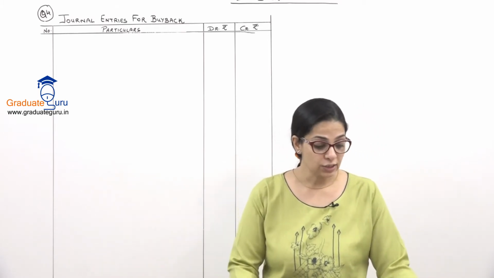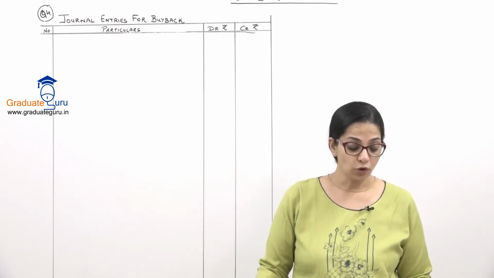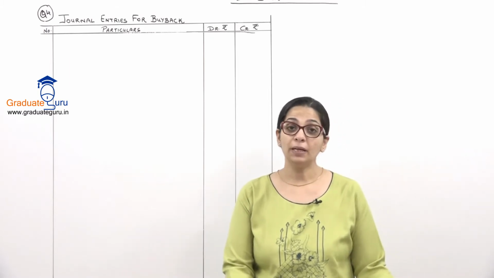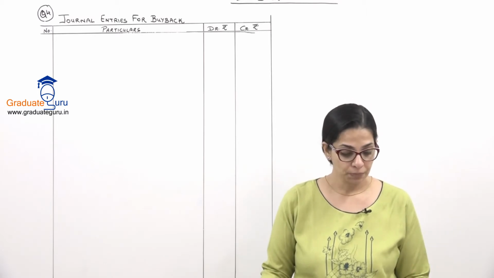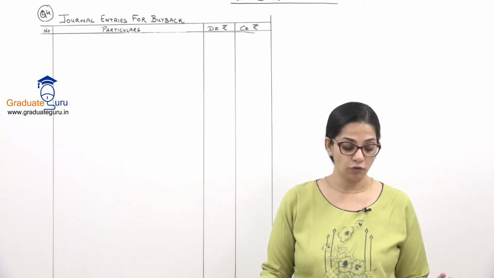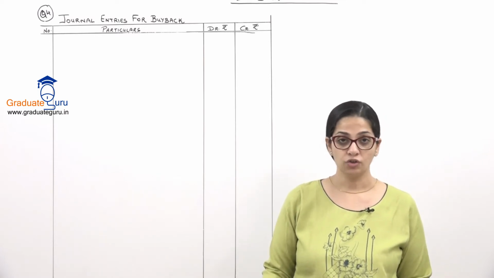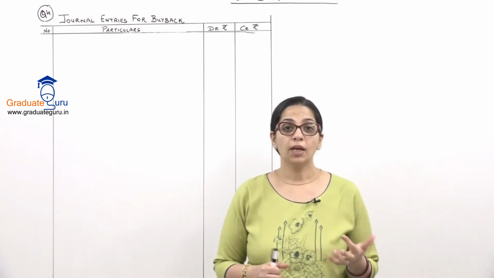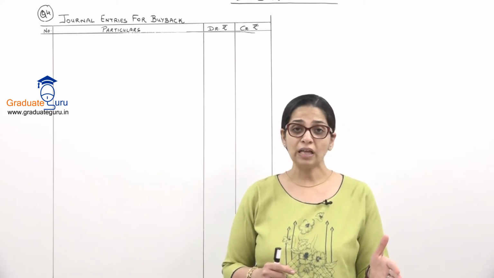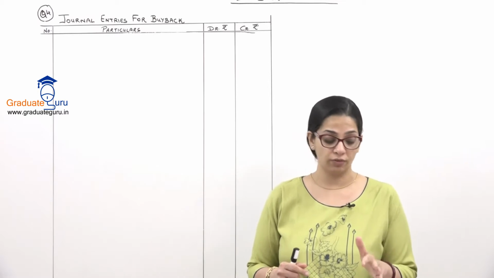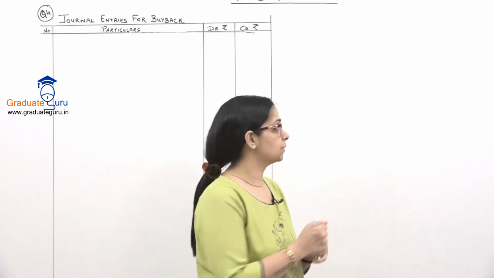Hence, it decides to issue the required number of 10% preference shares of rupees 100 each at a premium of 25%. So the new issue also has a premium of 25%. You are required to calculate the number of preference shares to be issued and pass journal entries for the above transactions. So first, because they've given us how many shares are to be bought back, 20,000 shares of 100 each, and the premium is also given to us, 20%, we will try to form our equations.